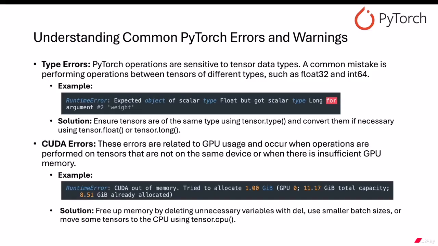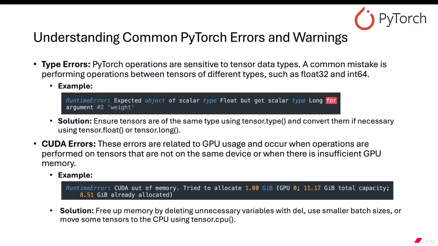CUDA errors. These errors are related to GPU usage and occur when operations are performed on tensors that are not on the same device or when there is insufficient GPU memory. Example is runtime error: CUDA out of memory. Tried to allocate 1 GB GPU 0 11 to 11.17 GB total capacity, 8.51 GB already allocated. Solution: free up memory by deleting unnecessary variables with del, use smaller batch sizes, or move some tensors to the